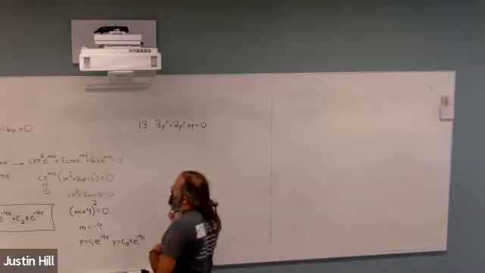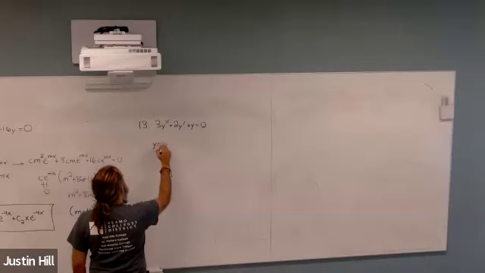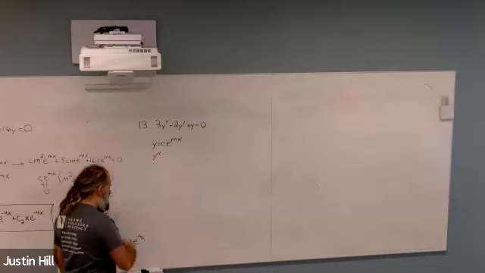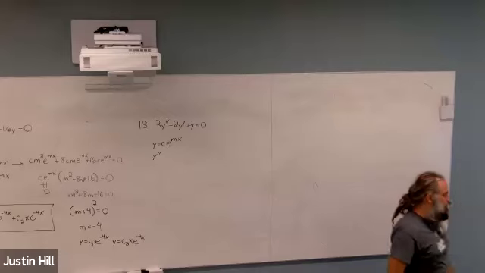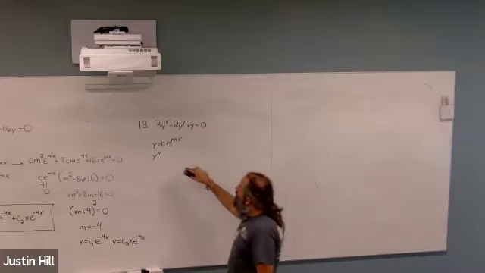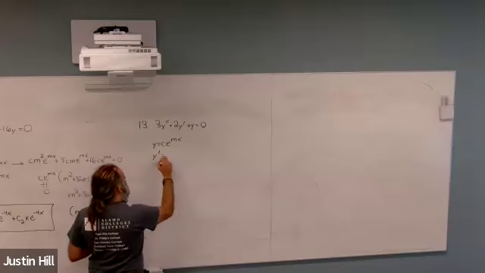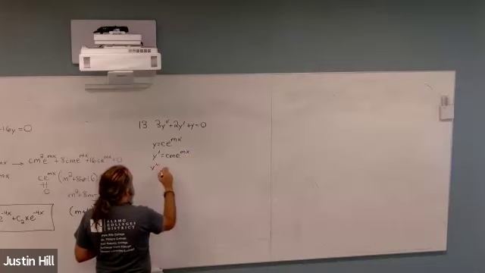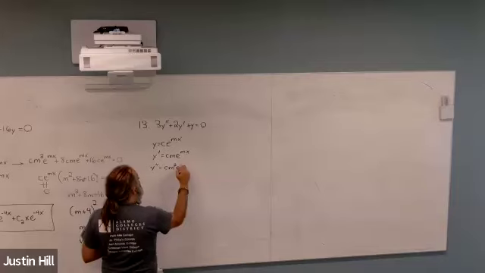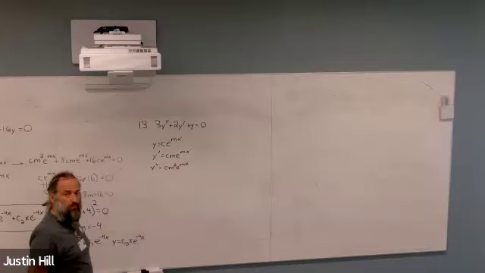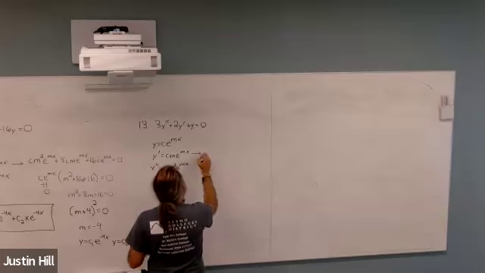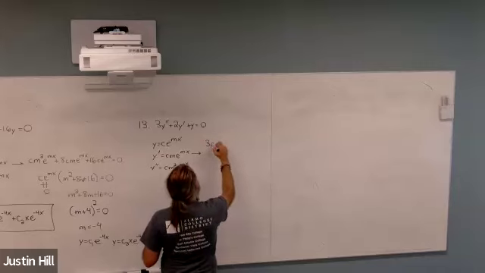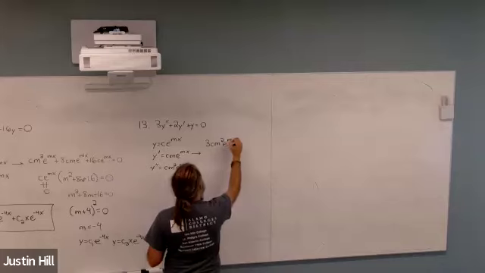We're going to play the same game though. We start with y equals c e to the mx. Since you now know that every time you take the first and second derivative with that as your assumed solution, we're going to get the same results. So y prime is cm e to the mx. Y double prime is c m squared e to the mx. Then I'm going to plug these in. We end up with 3c m squared e to the mx